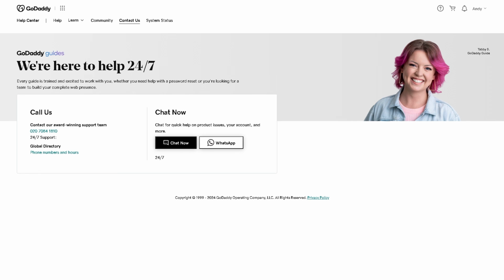All right. Now, if you encounter any issues about adding SSL to your website, or you feel like this is a technical process, just go here at the GoDaddy Help Center, and these are the channels that you can reach them. You can chat, or you can use WhatsApp, and these are the phone numbers. It's 24/7 support. And from here, the support center will be more than glad to assist you and guide you to add an SSL certificate in your